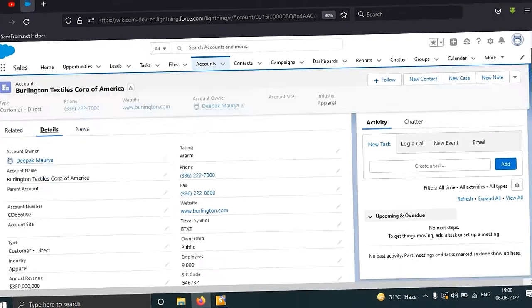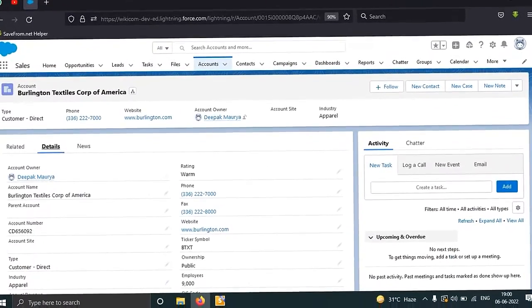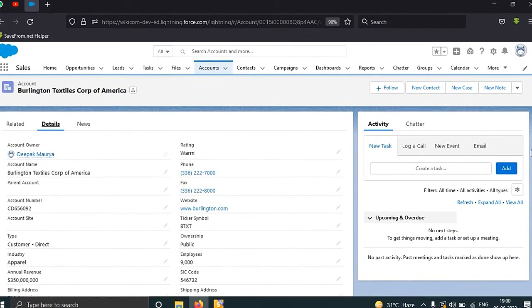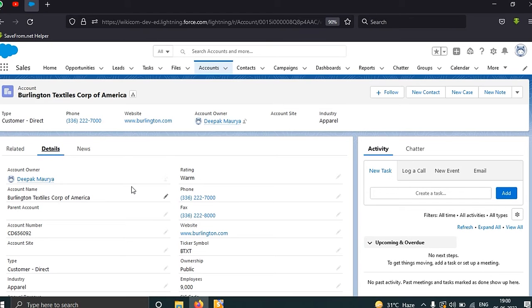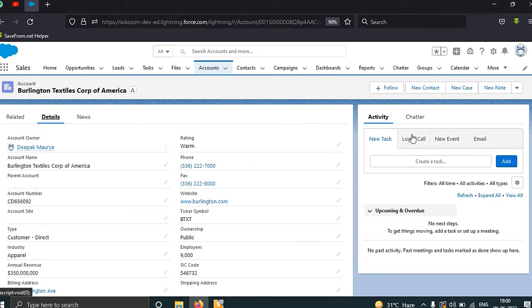So these are the standard Salesforce pages which are provided to us. And if we want to customize it according to us, then the maximum we can do is, by going to the page layouts, we can delete any of the fields from here, and move something from here to there, but we cannot fully customize it.